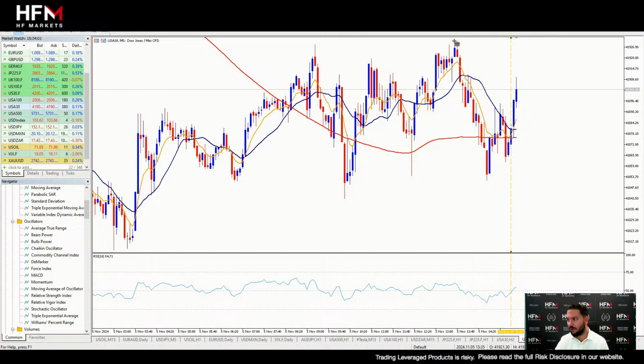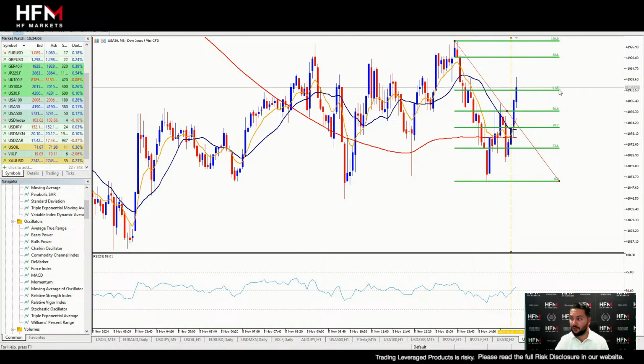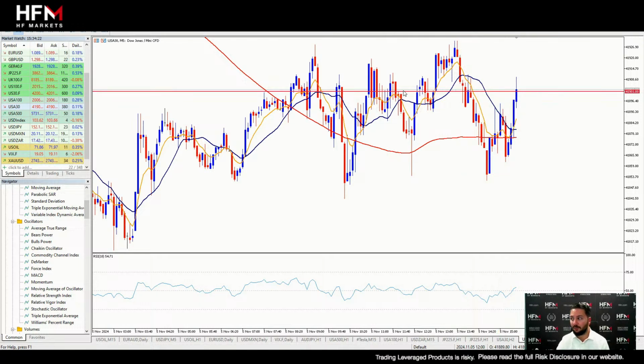Now, if we were going to draw the Fibonacci levels here, ladies and gentlemen, we're currently trading above the 0.65. So we've had 65% momentum compared to the previous swing. A lot of people think that's enough to speculate in that direction. So based on that, we could already be at a point where we've got a signal that there's enough momentum for the price to increase upwards. So that's one thing to take into consideration.